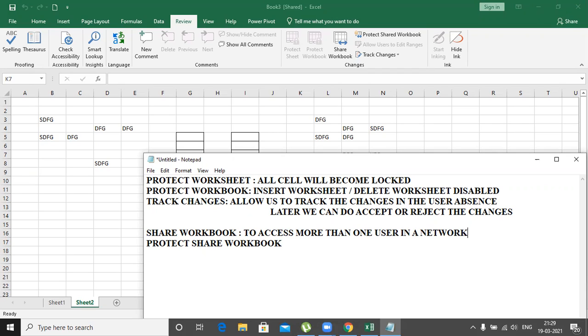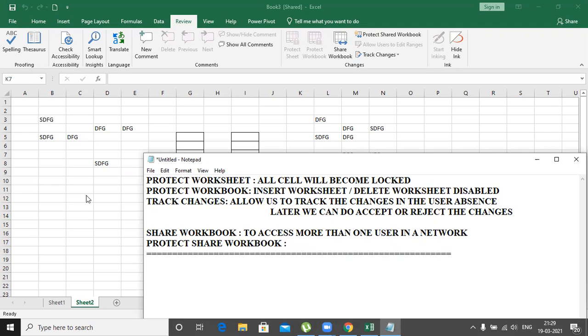If there are more than 10, 20 users working on the same workbook, then I can easily share it and they can also access. Next, here we have one more option: protect. We are able to protect the shared workbook to prevent the changes. So this is the new concept.